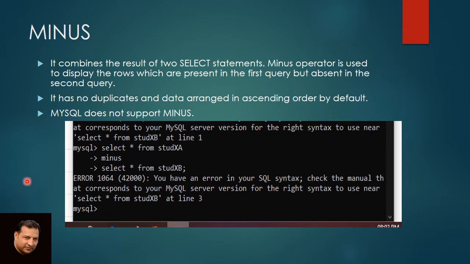Now we have minus operation. Minus operation also cannot be done in MySQL. So you have to understand it theoretically.